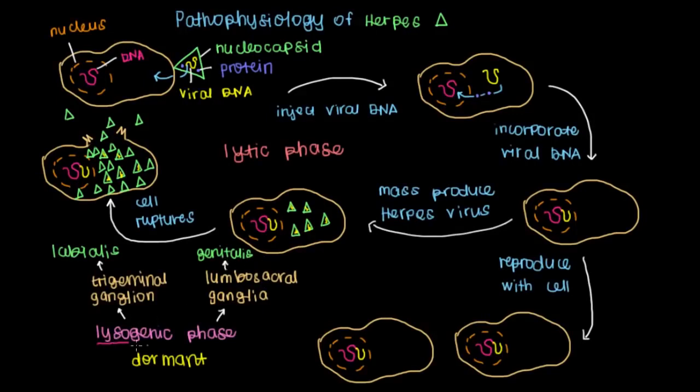But recall, because this is lysogenic, we're able to cause lysis. These cells are able to pick right on up and enter the lytic phase. And there are a couple of things that are known to cause that. Sunlight is one thing that's been noted in some people to induce the lysogenic cycle to convert into the lytic cycle. Decreased immune function is another known cause. But what these all boil down to is that anything that's an overload of stress, and that can also include emotional stress, can trigger a lysogenic virus to enter the lytic phase,